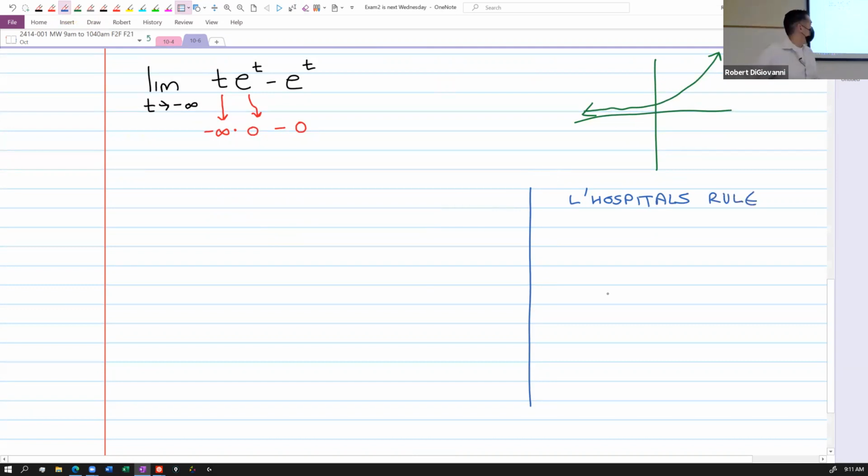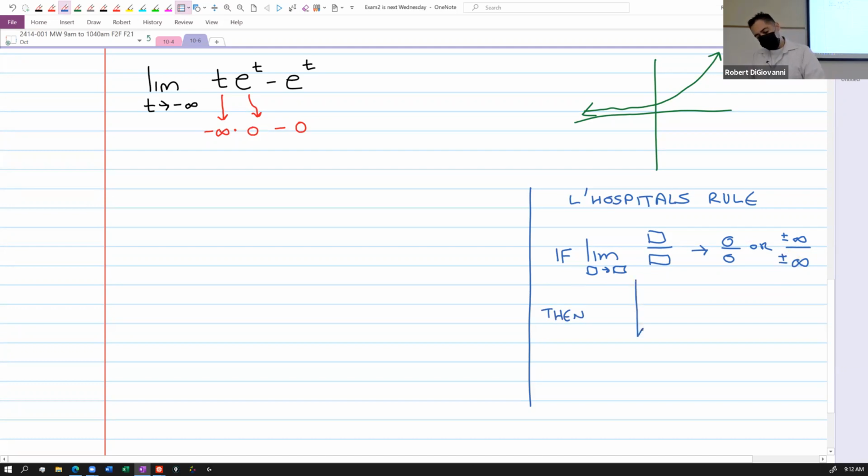L'Hopital's rule, it's spelled L-H-O-P-I-T-A-L, okay? L'Hopital's rule says this: if you're taking a limit, it doesn't matter what your limit is, and you've got something over something. If that limit goes to 0 over 0, or if it goes to positive or negative infinity over positive or negative infinity, if that happens, okay? So you're taking some limit, you're getting 0 over 0, or you're getting infinity over negative infinity, doesn't matter if they're plus or minus, then